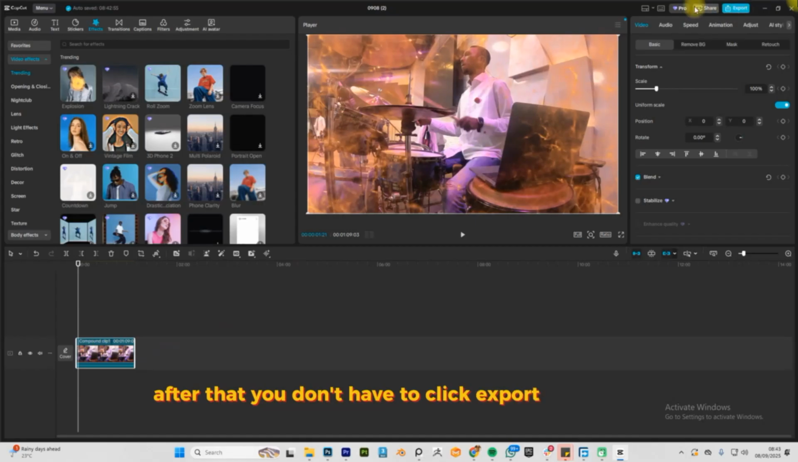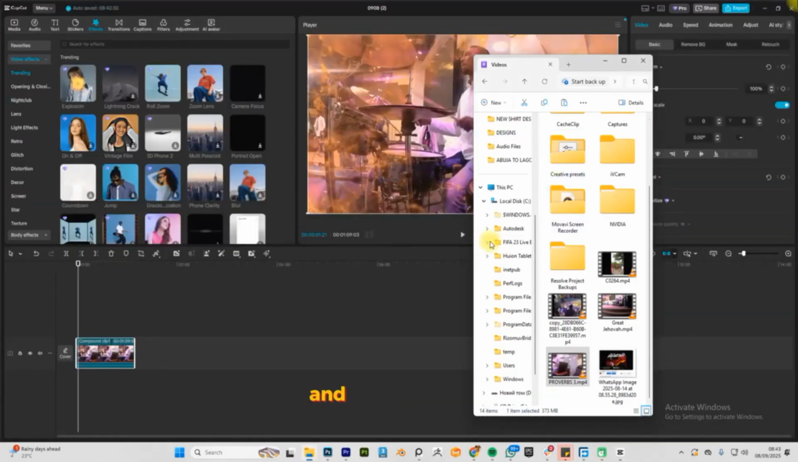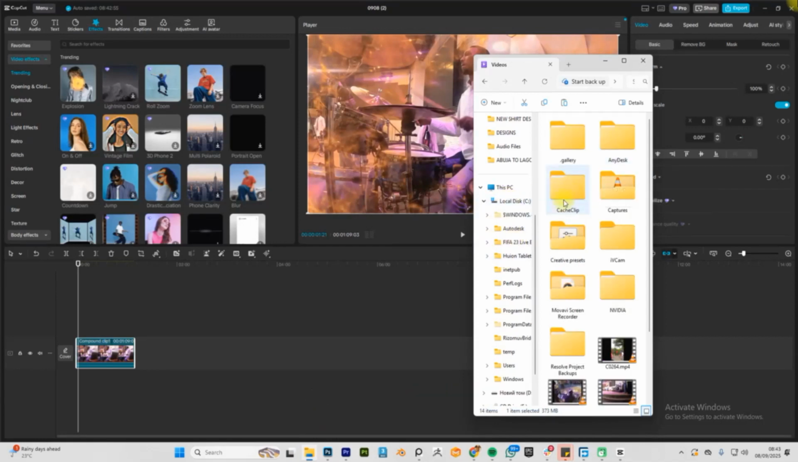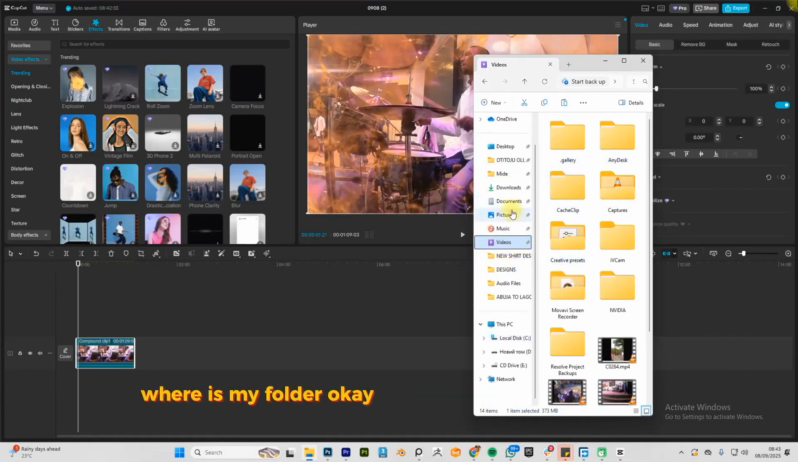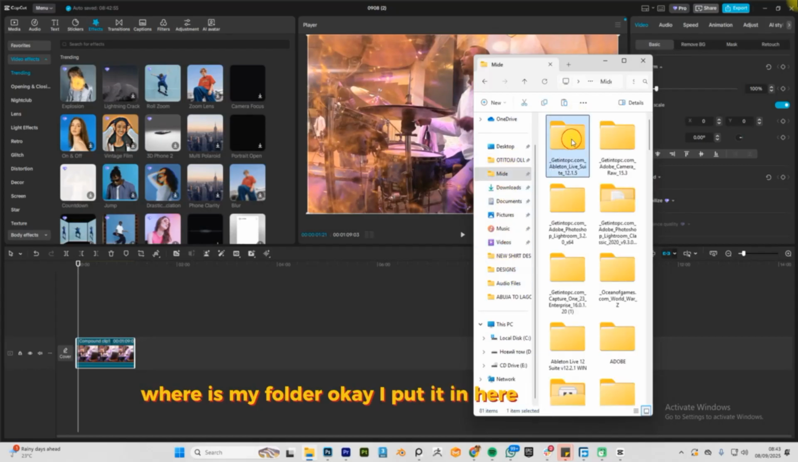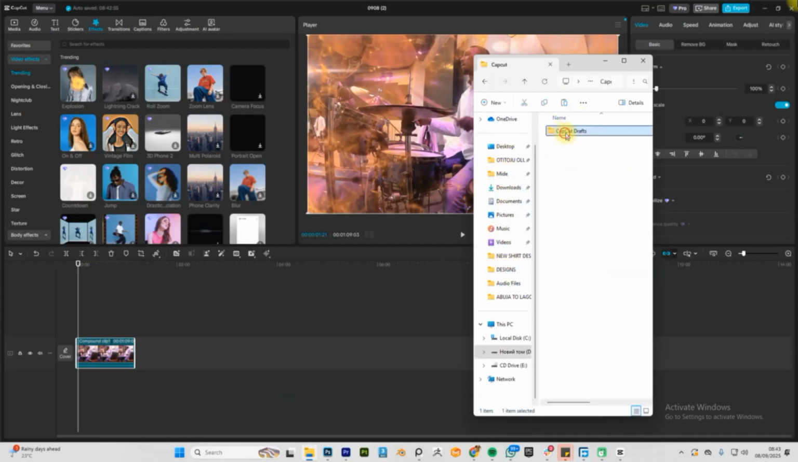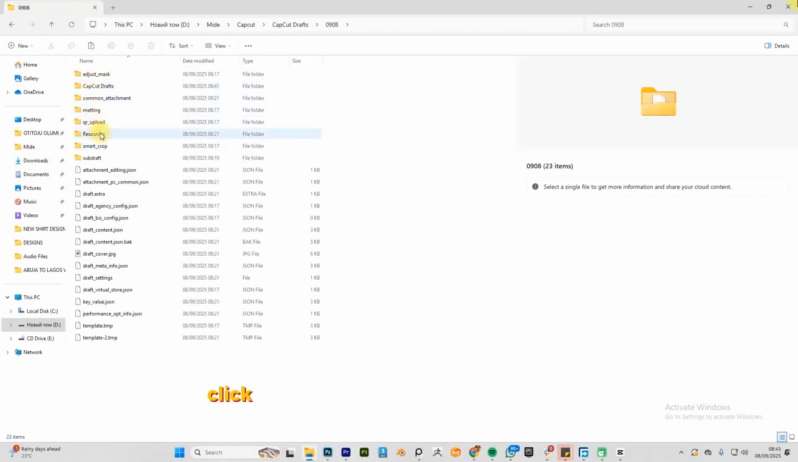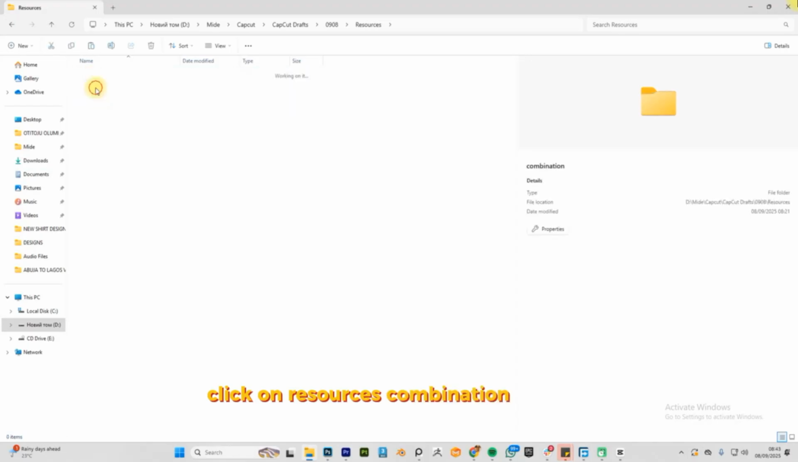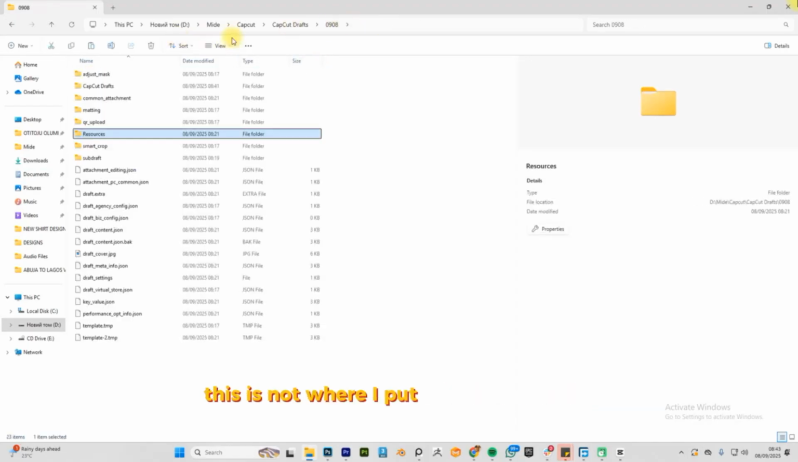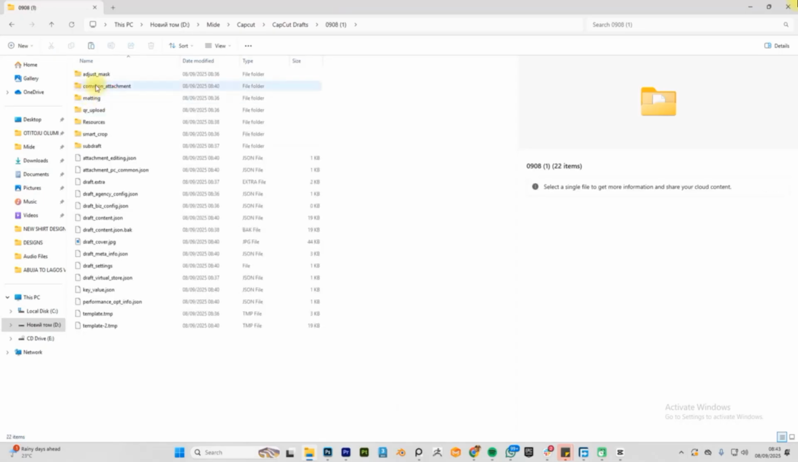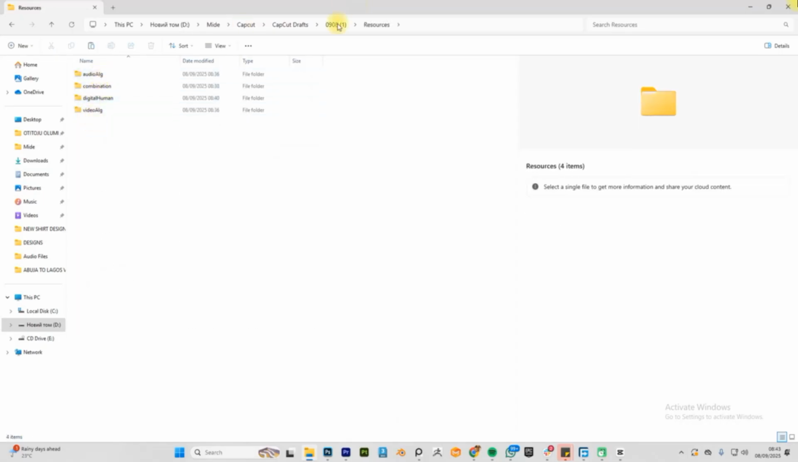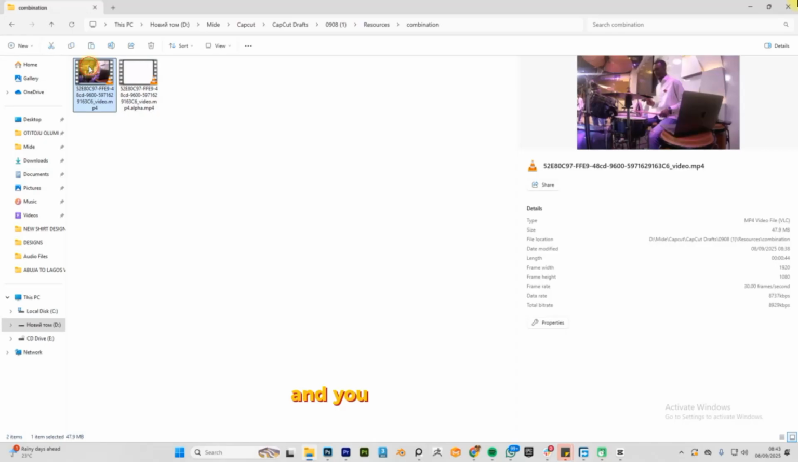After that, you don't have to click export or anything. You just have to go back to that same folder that you created the other time and open the folder. Where is my folder? Okay, I put it in here, CapCut drafts, and then open the folder. Click on resources, combination, and okay, this is not where I put it, rather actually. So come here, resources and combination, then you find your video. So this is the video that we just did, and